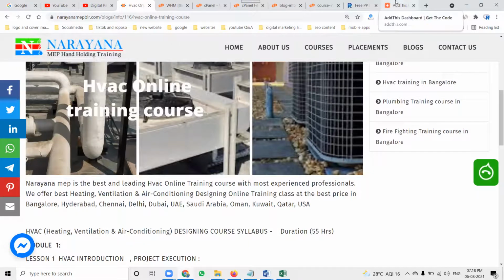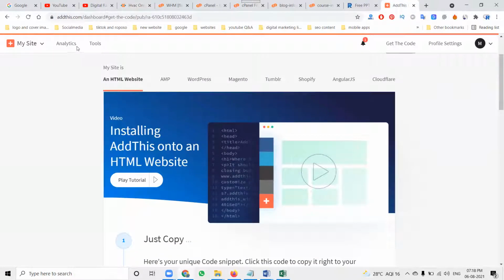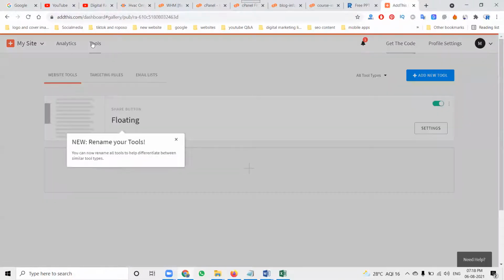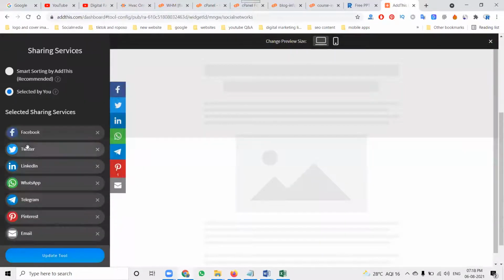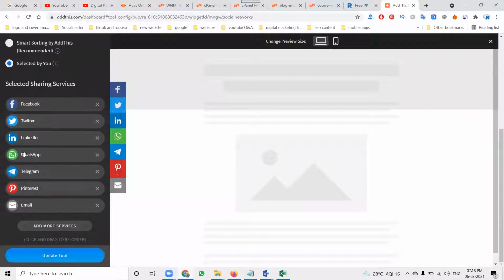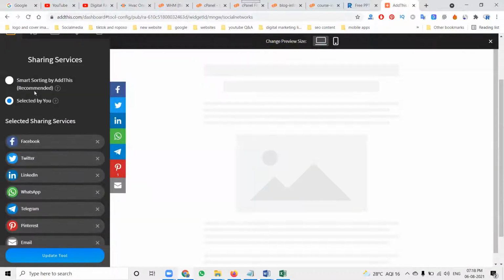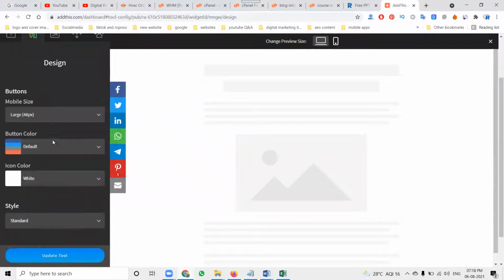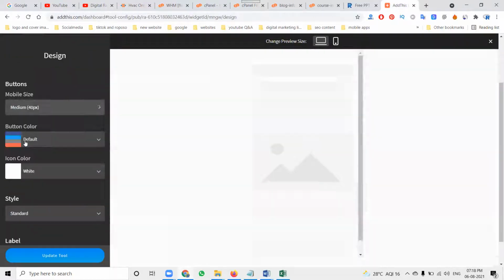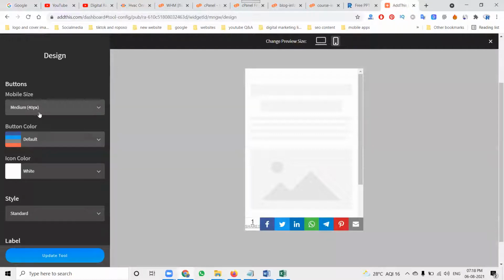One more thing before this option. See this here. Tool, setting. Everything is here. Select large icon or medium, go for medium icon or small icons.